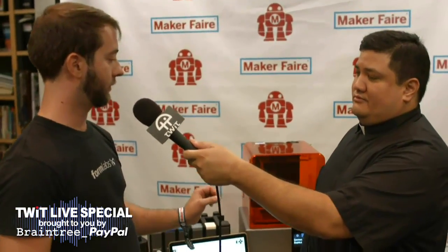Well, like the Form 1, you can do layers as fine as 25 microns. With this machine, we actually have a finer spot size on our laser, so it's down to 150 microns. So you can get better detail than you could on the Form 1. But you can also do things that you can't do with an FDM printer. So you can actually do watertight channels, and you can do airtight parts. So if you wanted to do real engineering, like test fluid seals, air seals, stuff like that,